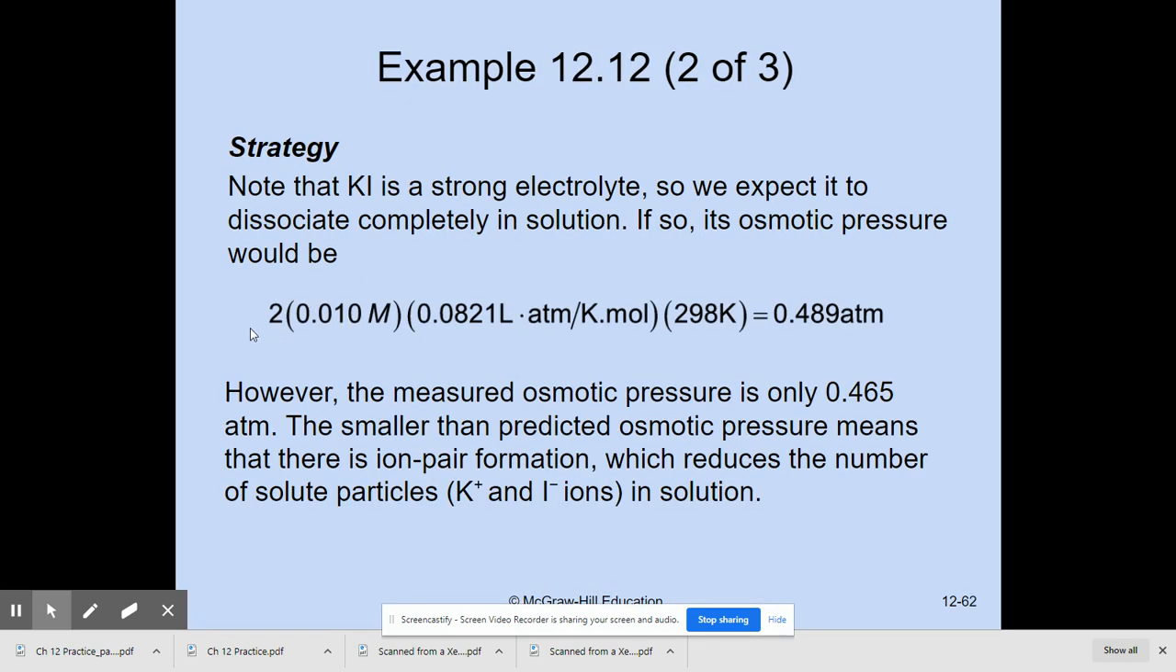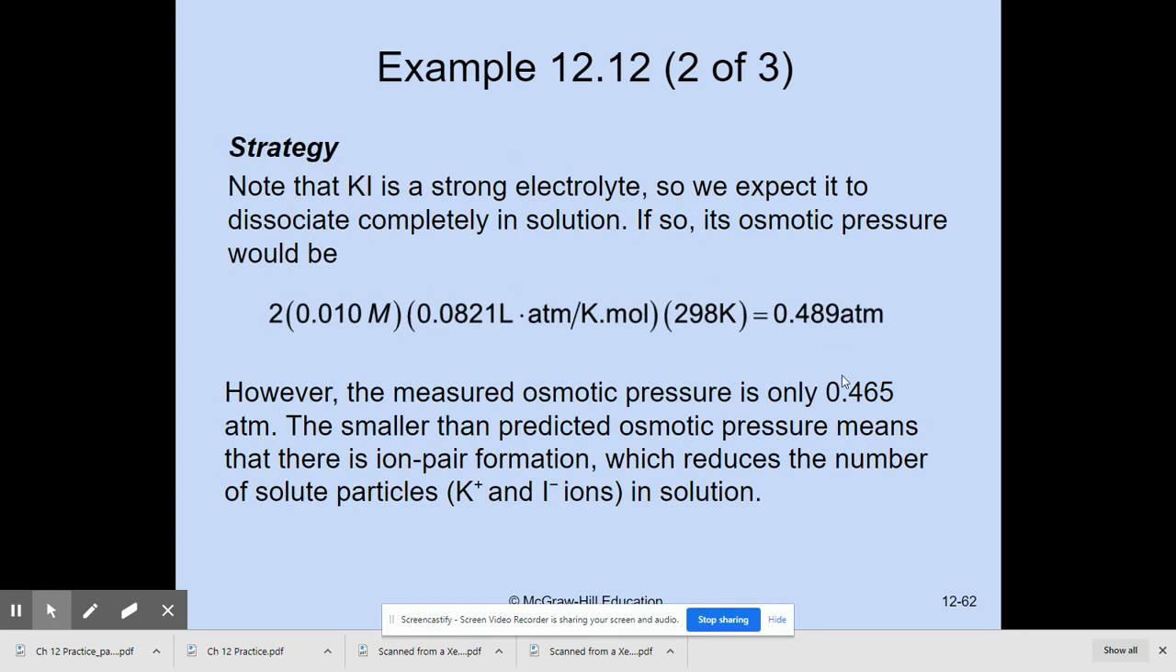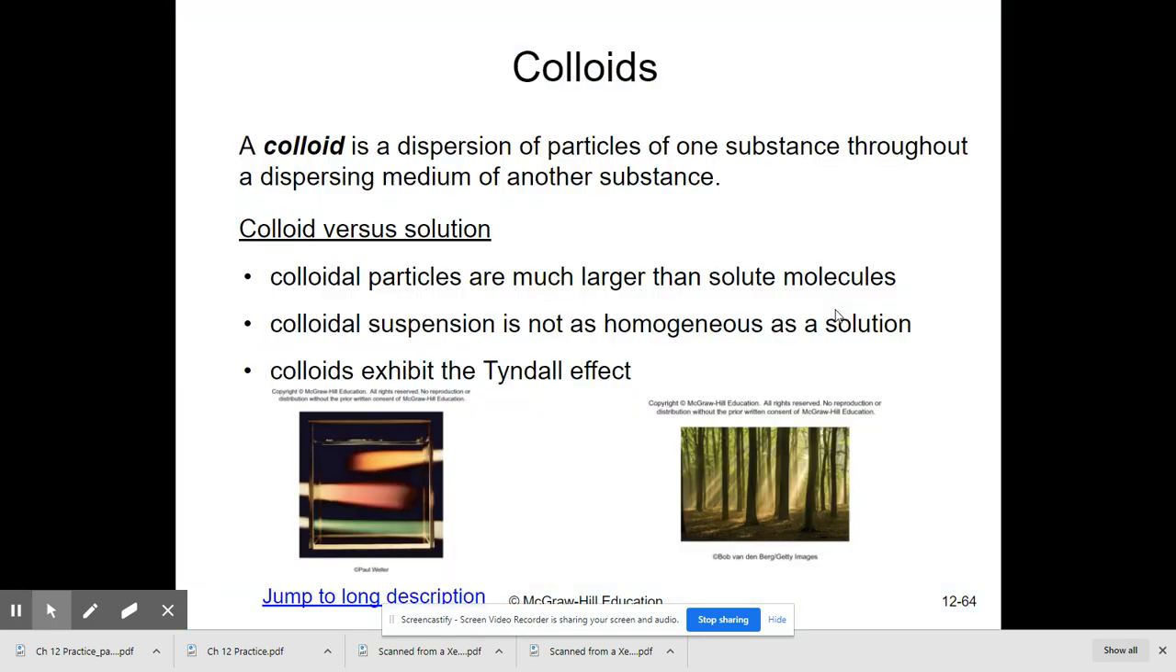We would predict that there are 2 because KI separates into potassium and iodide. It's telling us that the pressure is actually 0.465 atmospheres, so there is a slight deviation from what we would predict and what there really is. We're calculating for i using the pressure that's given. So instead of 2, we're going to put an i there, and we're going to plug in 0.465 because that's what's given. We're going to solve for i. We get that i is 1.9,